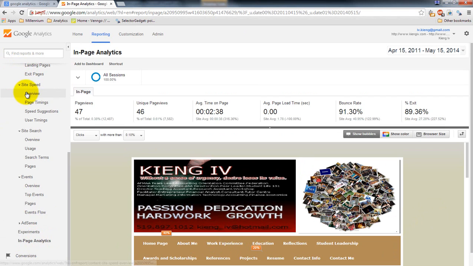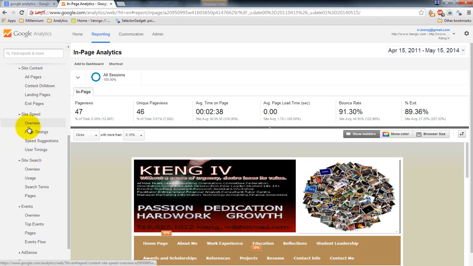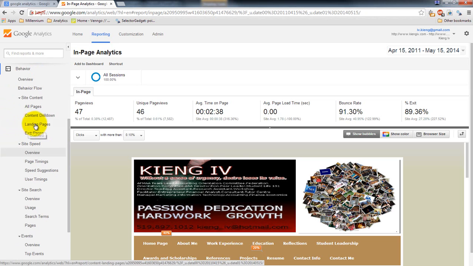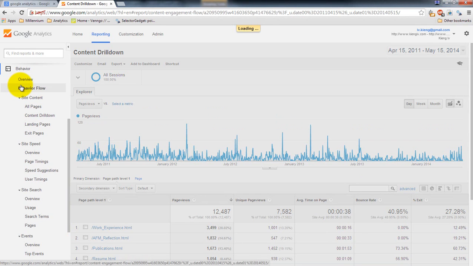So that's the behavioral view. It helps you understand what people are doing when they're on your website. Where are they entering? When are they exiting? How often are they exiting? If you have event triggers, that is unique. Are they doing searches within your site? The speed of your website, which may be important, but it's probably more important for internet companies. The content drill down, all pages, and behavior flow. So let's